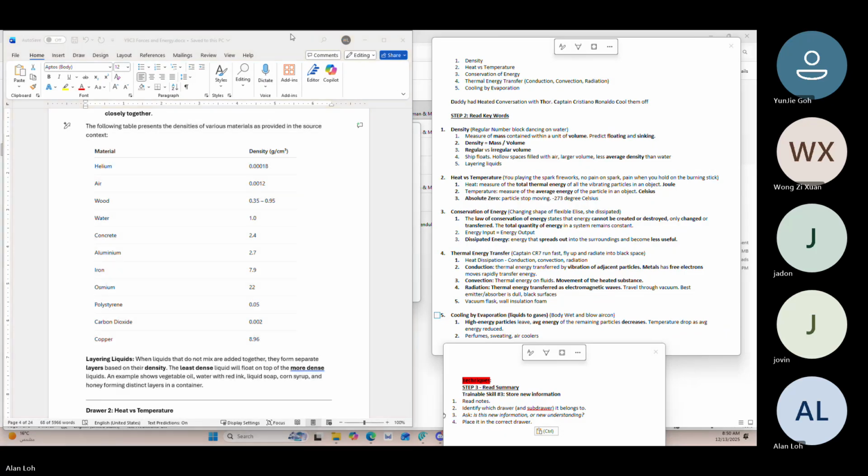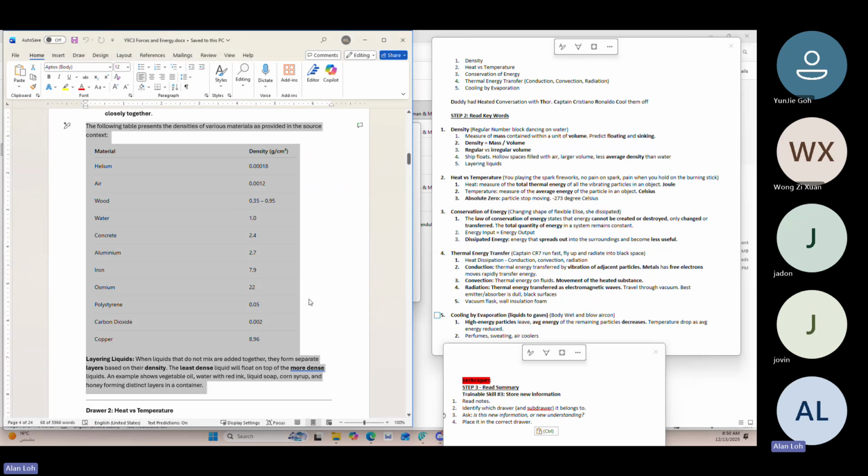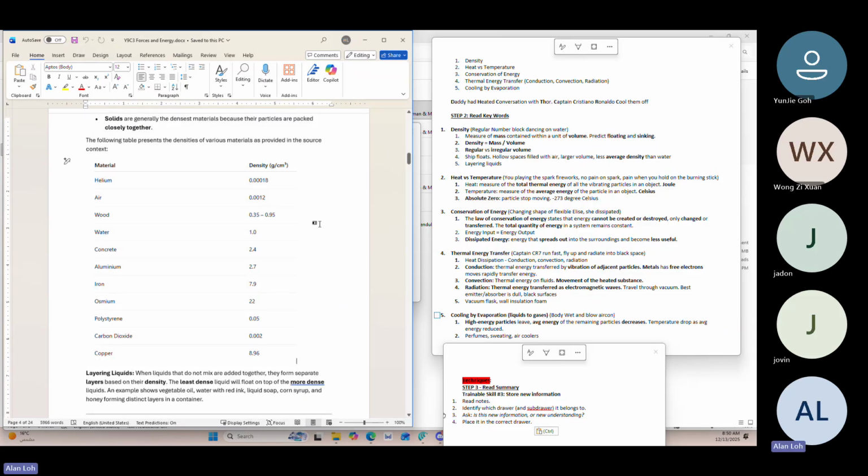Okay, done. So it's talking about the particles, the density, the particles, the volume, right? How dense is it? Now, before we go to drawer number 2,